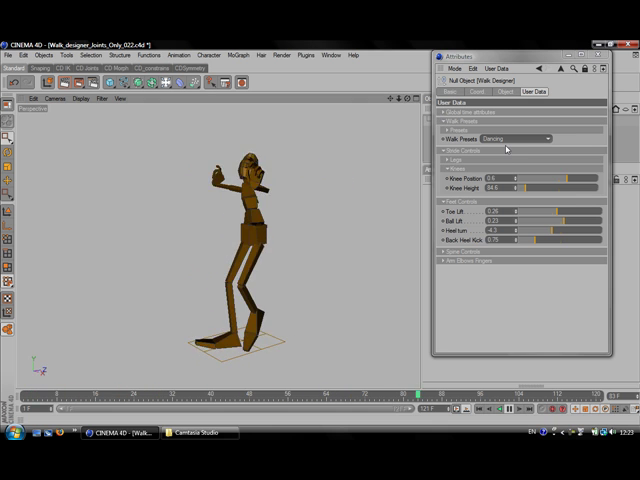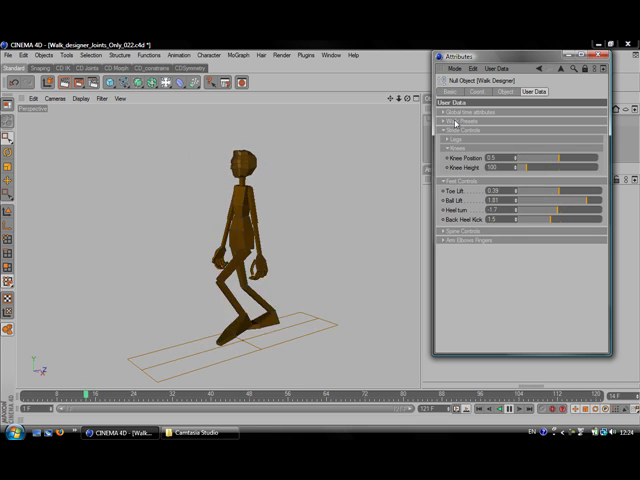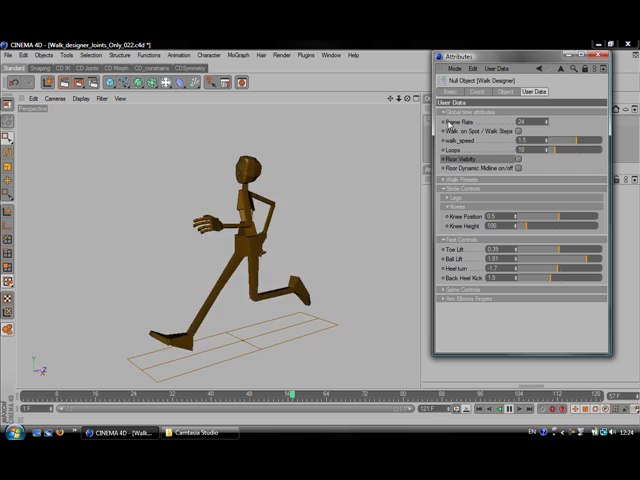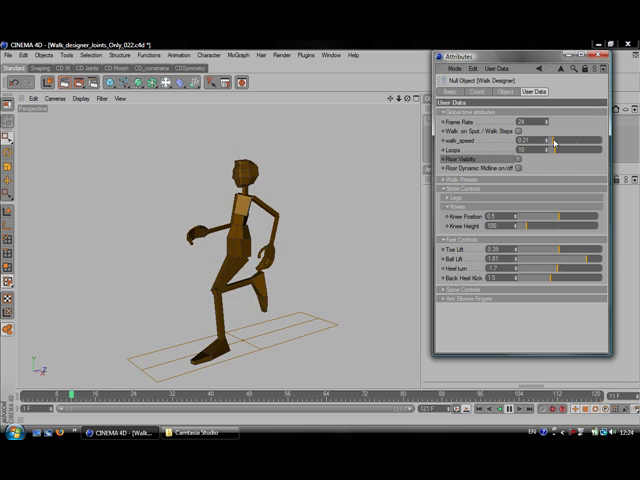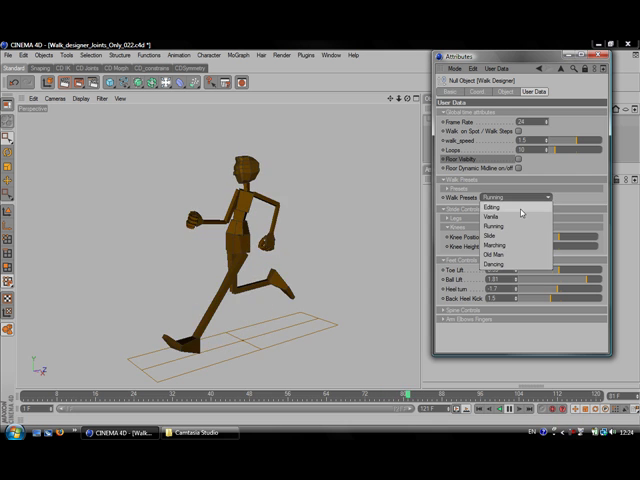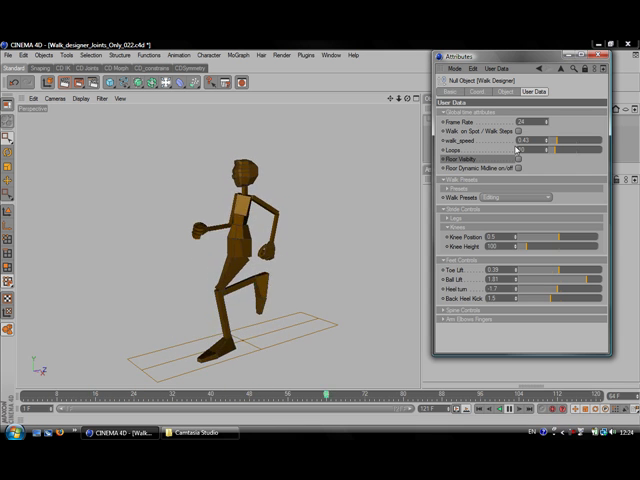Also, the other thing that I didn't mention was that in the global attributes we also have the walk speed, and we can slow this down to something. If I go back to editing first, and then we can slow this down, and you can see that as we slow down, we